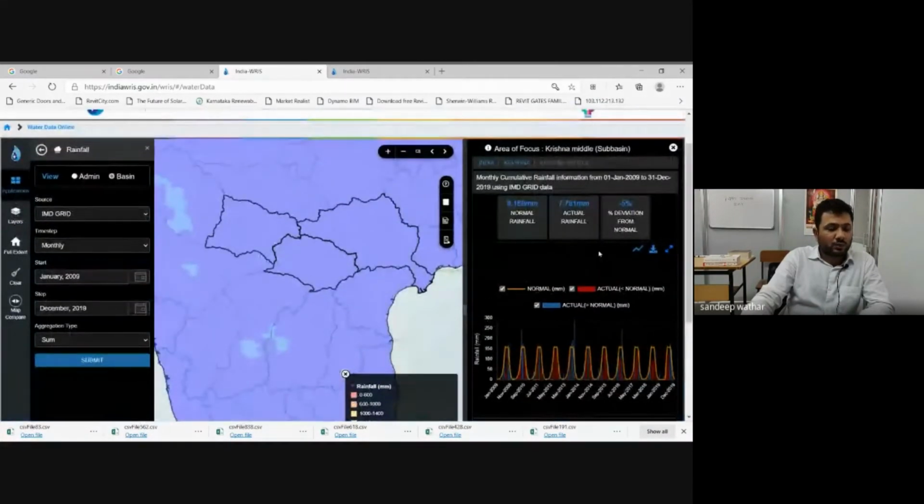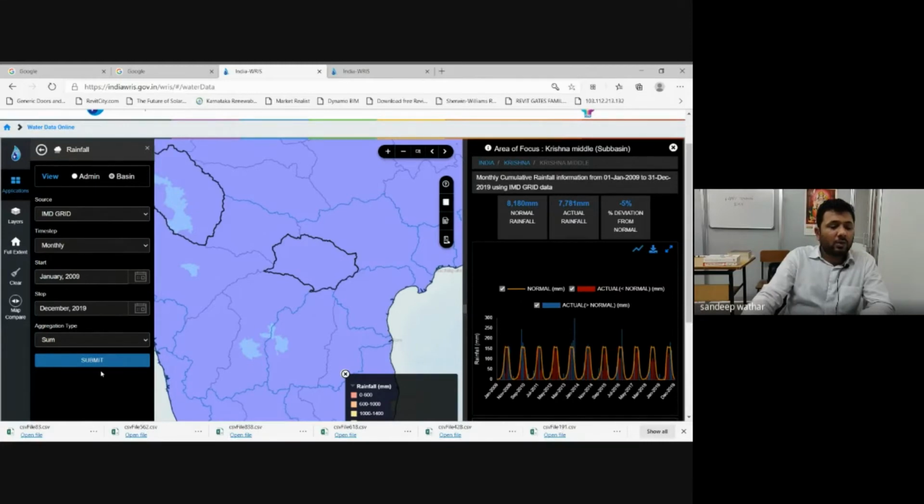Now three things you have to understand. First thing is what is the source from where you're getting the data. Second thing is what is the aerial extent that you are figuring out. The third thing is the time step. What is the time step you are giving? And if it is daily, you'll get the daily rainfall. For every day, there is rainfall data that is recorded.